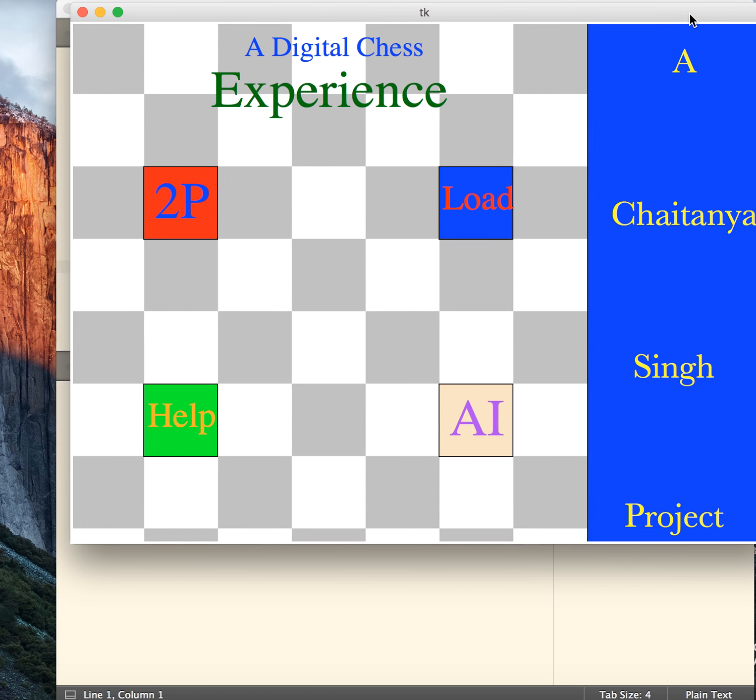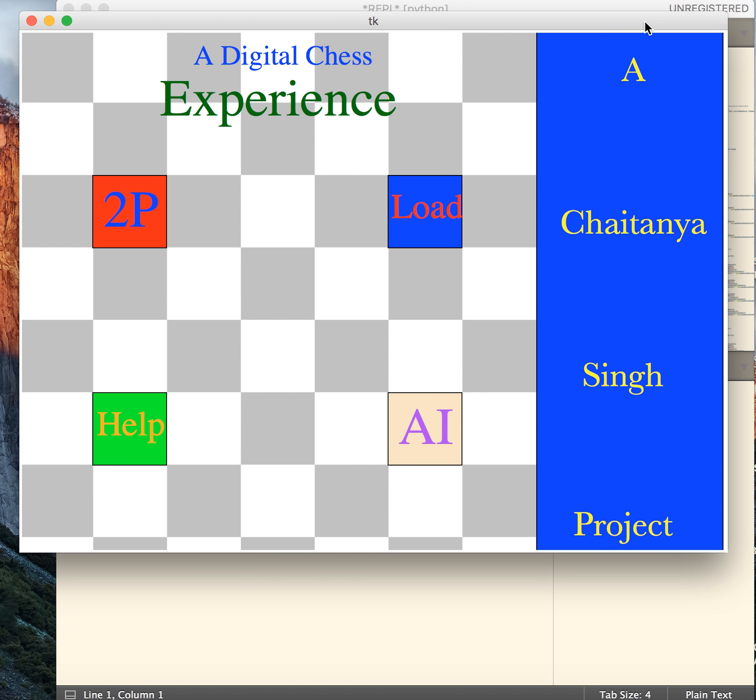So as you can see, this is the main menu of my game. I use a chessboard as the background, as is apt for this particular game. There are four features on the main menu that you can access. The first being two-player mode, the second being the artificial intelligence mode, a third being the help screen, which describes